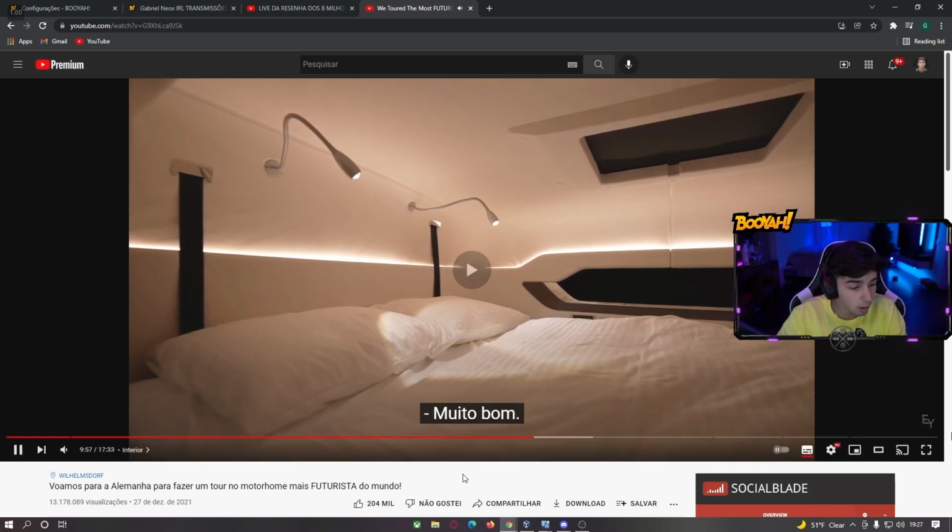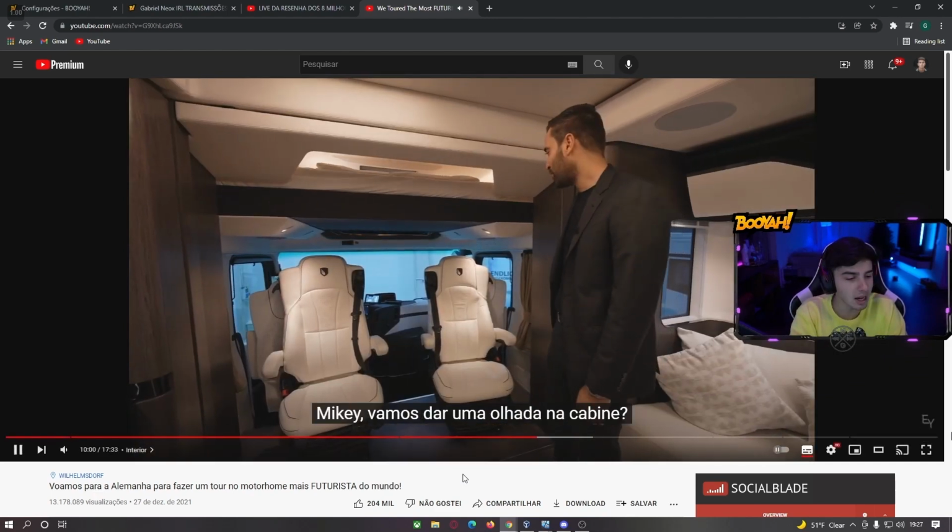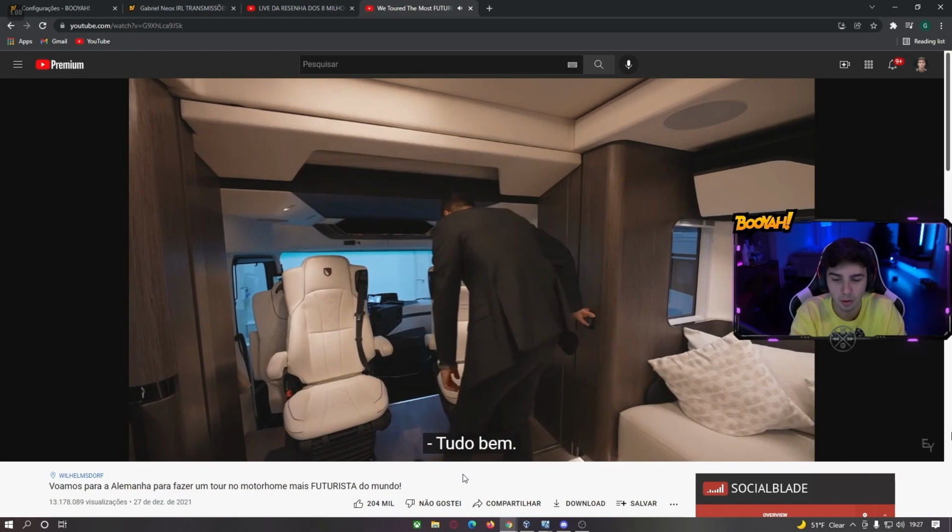Just like that, you tuck it up. Now, Mikey, let's check out the cockpit. All right. As we go in here,